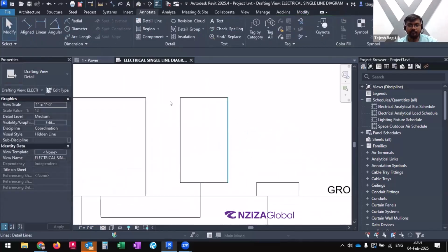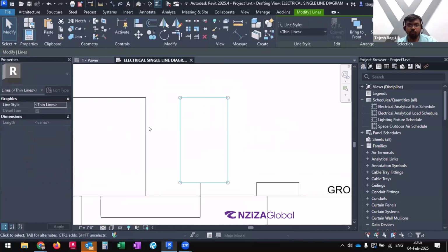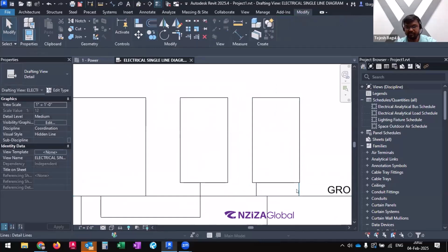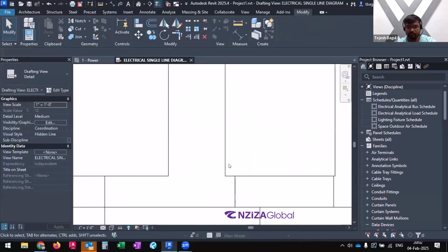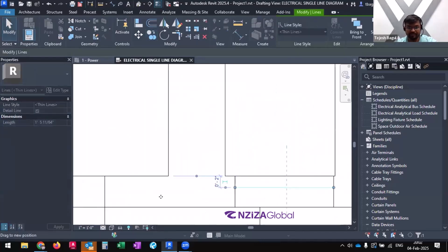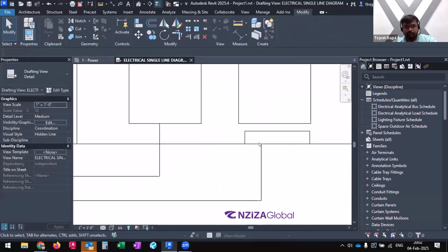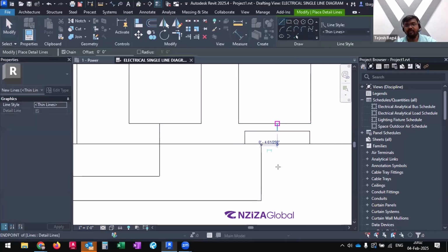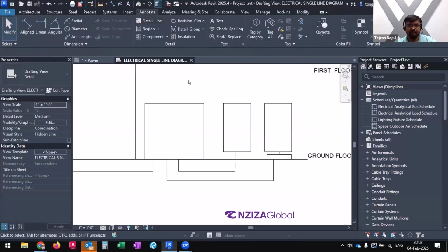And then we can simply copy these four lines. Again, these are just annotation elements, so you can simply copy them. There is no data associated with them that will be affecting our floor plans. And then this is feeding the other